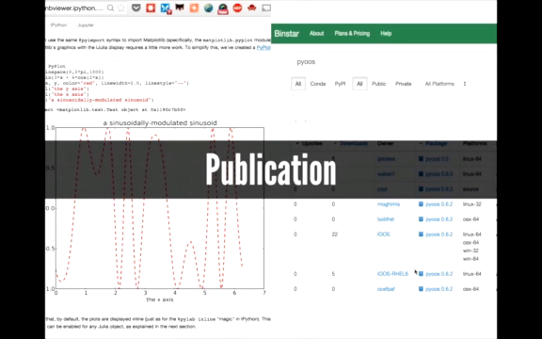The publication piece, Fernando mentioned the NB Viewer, and so NB Viewer provides a number of different channels by which Ipython notebooks can be published to the world, leverages GitHub gists, so it's very easy for people to produce these things. We have, Continuum has produced a free service called Binstar. So binstar.org is a mechanism for people to be able to publish